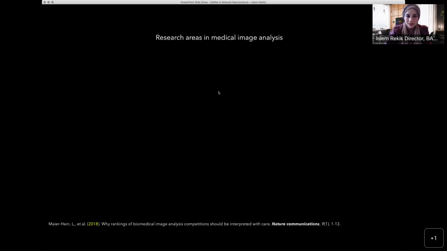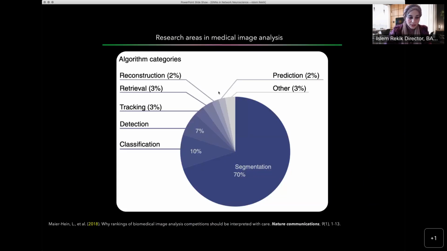So moving up next, in this diagram, what do we see in terms of the distribution of the publications in the field of medical image analysis? This was a paper published back in 2018 in Nature Communications, and you can see that the majority of the papers focus primarily on segmentation. You have classification, also disease detection, object detection, tracking, retrieval, reconstruction, but only 2% at the time, a few years ago, was focusing on prediction. And this was one of the motivations that pushed us into